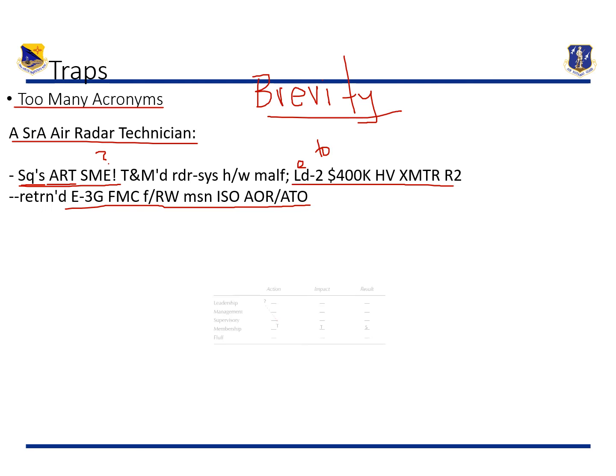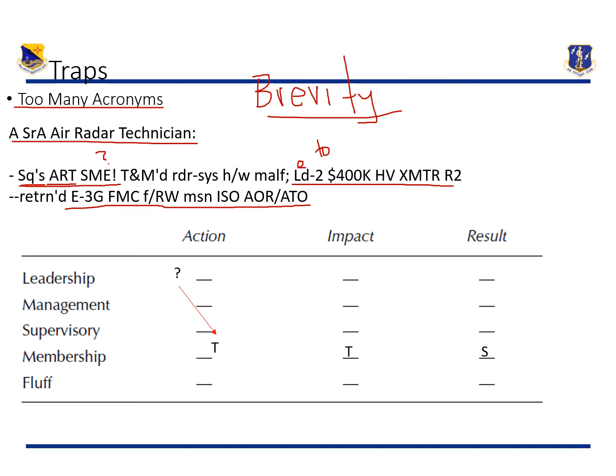Oh my god. Man, if I was a board member and I was an ART, which I was by the way, for the record, I would be like, yeah, phenomenal bullet for a senior airman. I would almost say, you know what? That's leadership right there. Troubleshooting system malfunction and returning $400,000 back to FMC status. That's great. But because most board members are not air radar technicians, boom. And because all these acronyms are confusing, I would almost go down here.